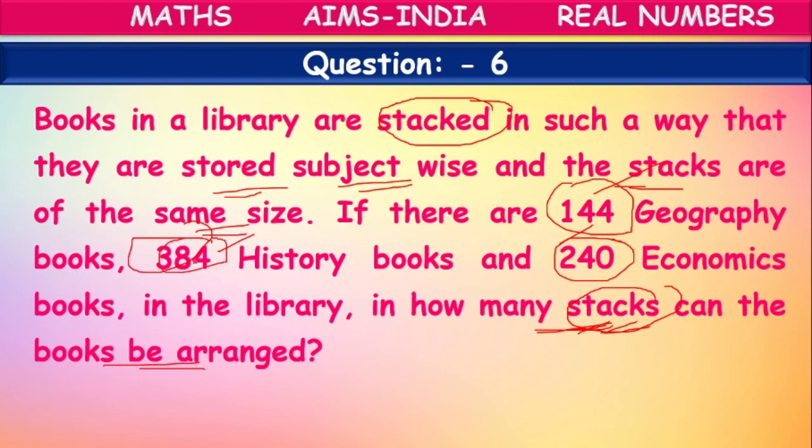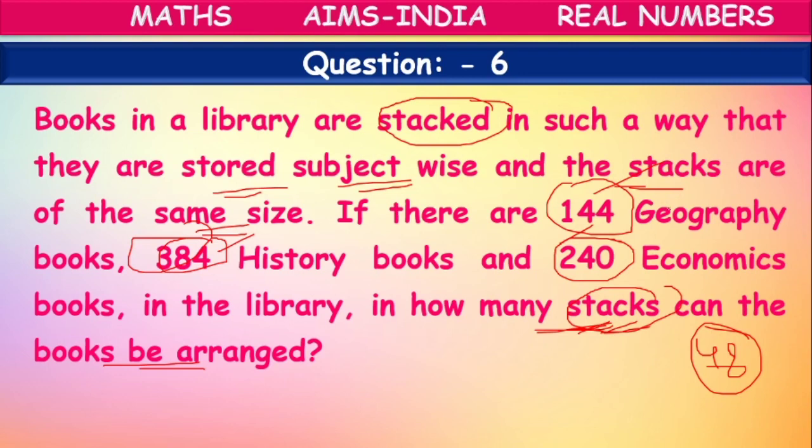If you do the HCF in the regular method, the HCF will be 48 for these 3 numbers. So first you can take 2 bigger numbers and find their HCF. Then with the smaller number, you can find the HCF of 3 numbers. If you do like that, the answer is 48.